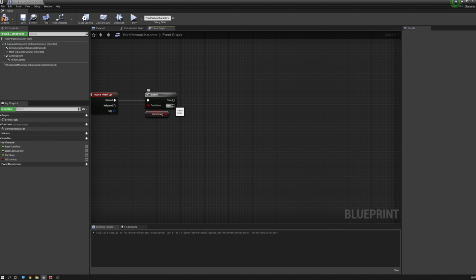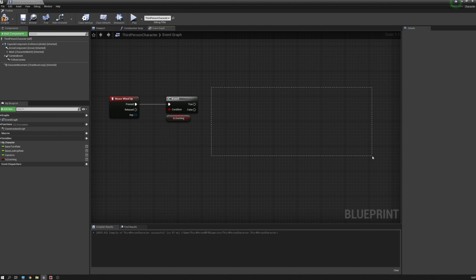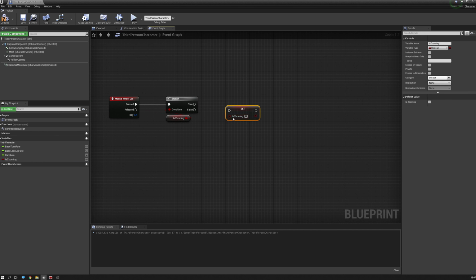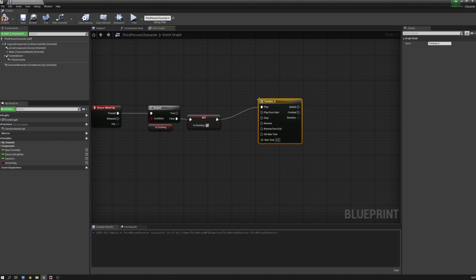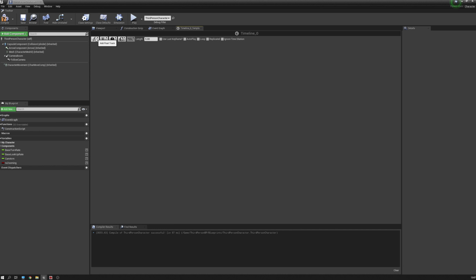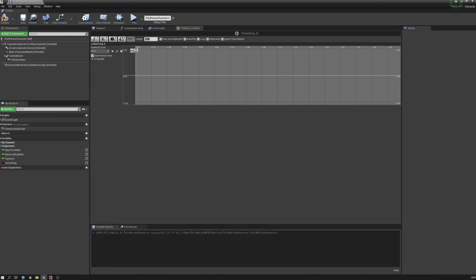But if we are not zooming, we need to do the function. So first of all, we set the is zooming to true, because then we are zooming. Then we need to add a timeline. Add timeline, but we need to play this from start. Open the timeline up and add a float track to it, and make it